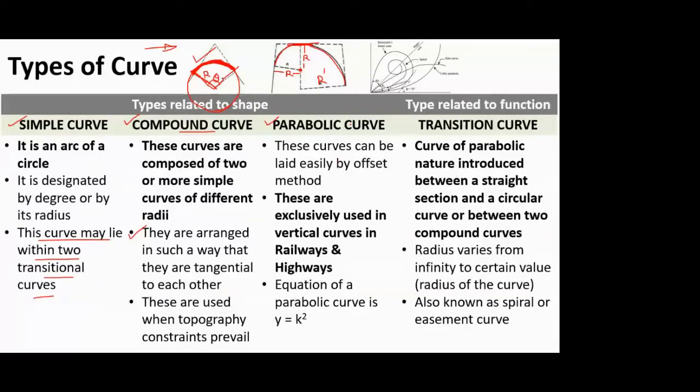Okay, and the third type, depending on the shape, you have a parabolic curve. Now you all know what a parabola is, so here at the third point I've written a simple equation for a parabola. You have various types of equations for the parabola, but a simple one you can write in this form: y is equal to k x square. So if you draw a parabola, it might be any shape, or in any direction it might be oriented. A part of this parabola becomes your parabolic curve.